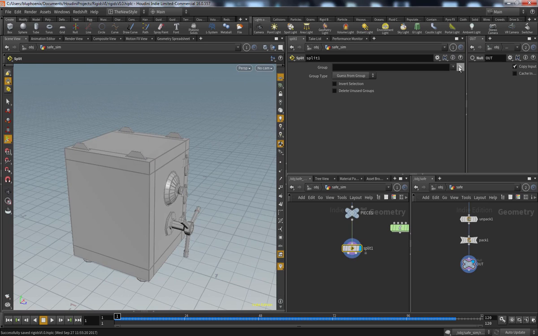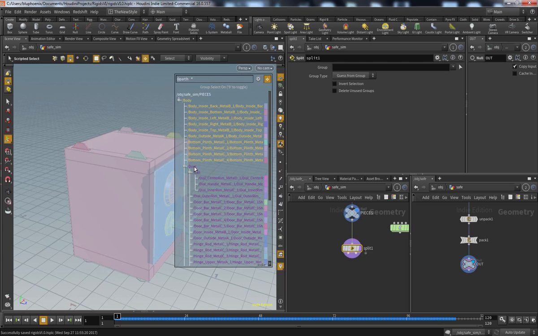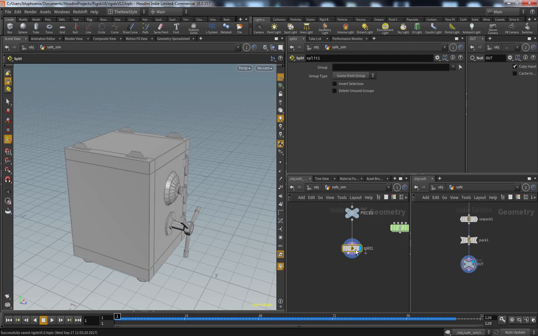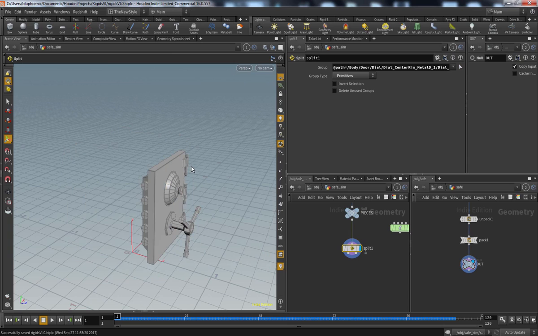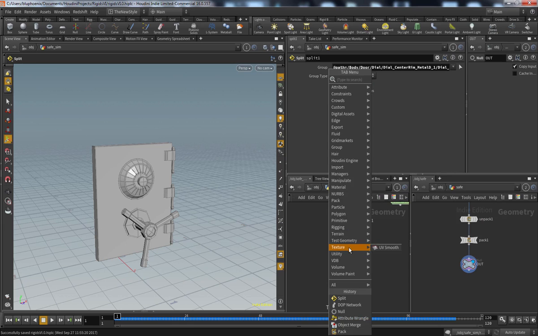So I'm going to click on this, go into this mode, and say find the door here. Just click on door. We don't even have to select in here. And that's enough. Just press enter. And you can see, oh, didn't actually get it. Let's try that again. There we go. So now the door and basically everything below it is coming out of the left side of this split. And if we look at the right side,